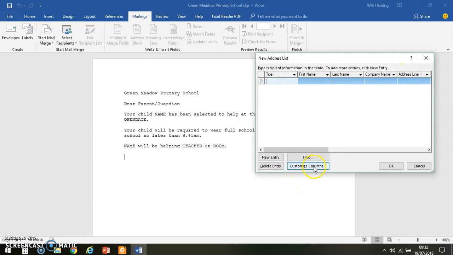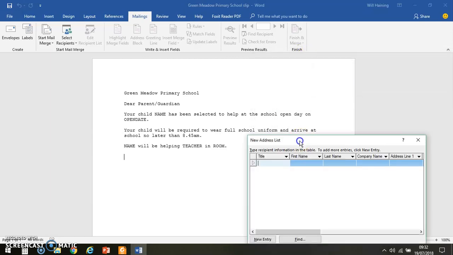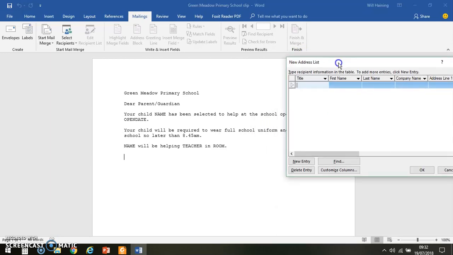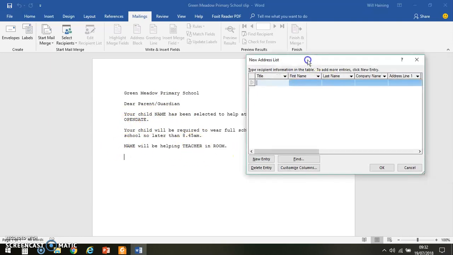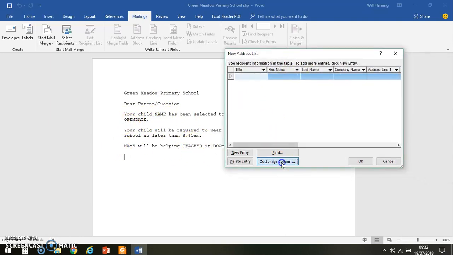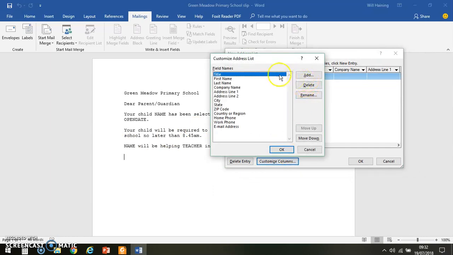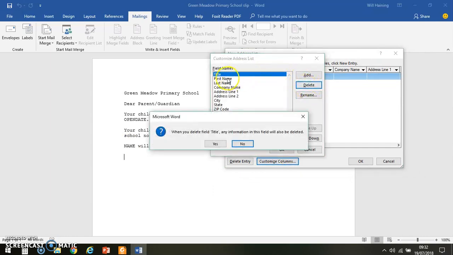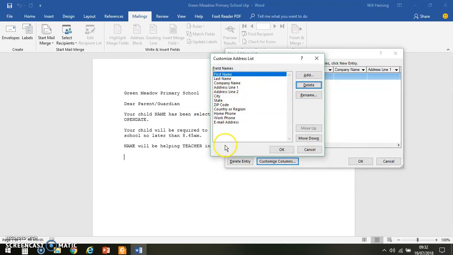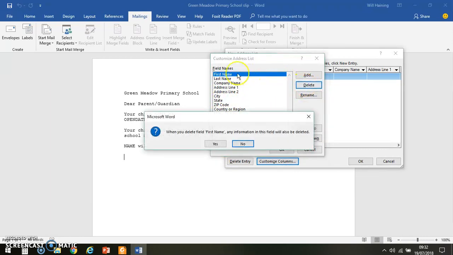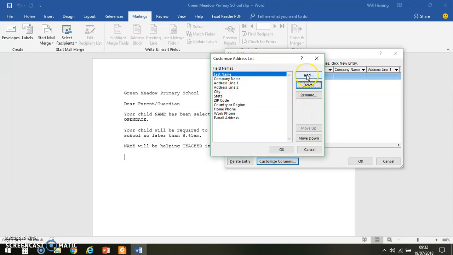Well, you can customize that to suit yourself, because if you look at your document here that you want to mail merge, you'll see it's highlighted in block capitals here: name, open date, teacher, room, name. Well, all you have to do to customize your columns is you can delete everything you need to delete. You can take all these out just by clicking on delete. And then if you want to add something like the name or the open date, you just click on add,